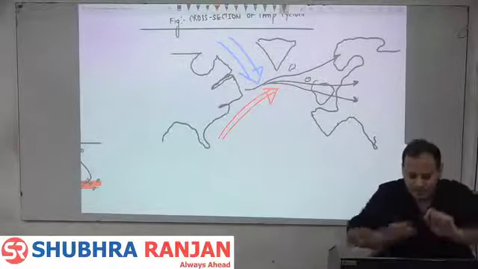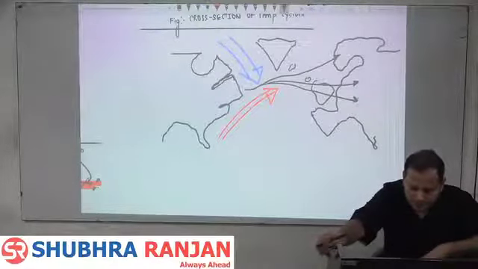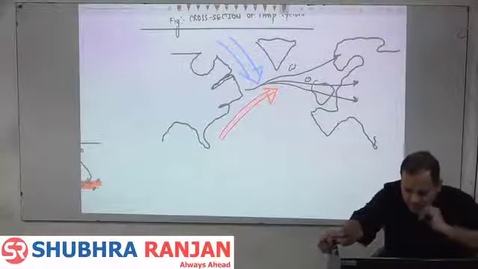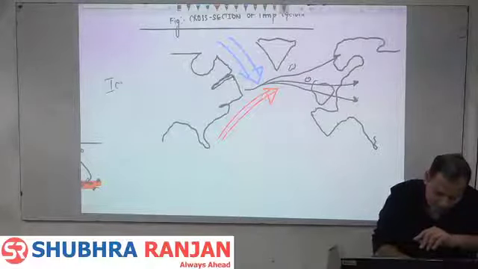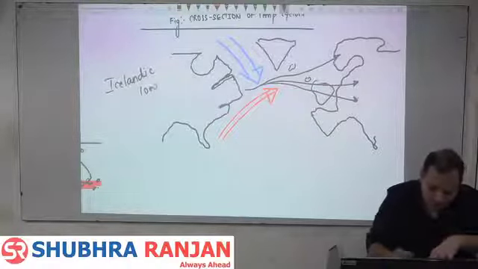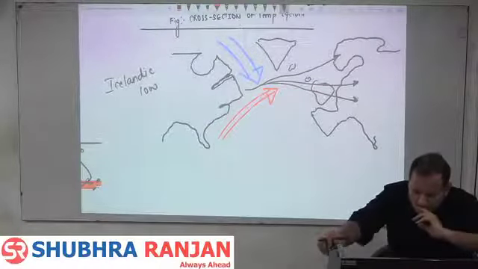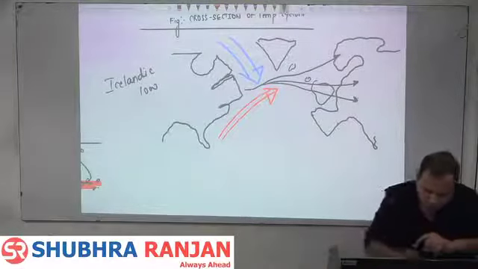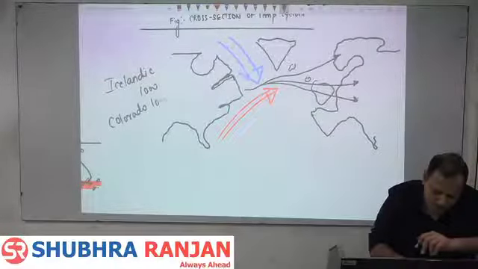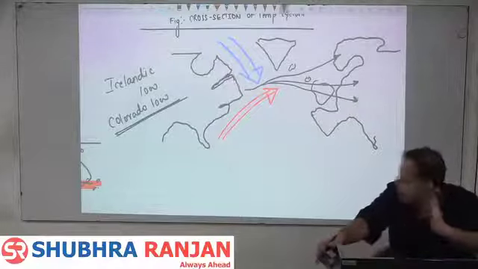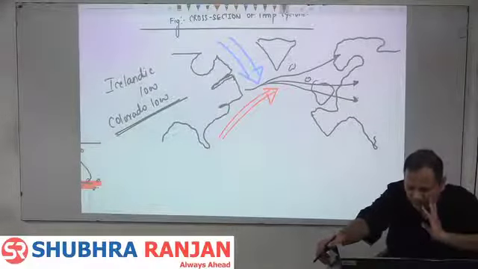Third, Icelandic low. Fourth, Colorado low, near USA. Fifth,